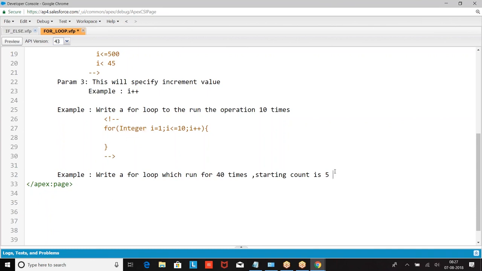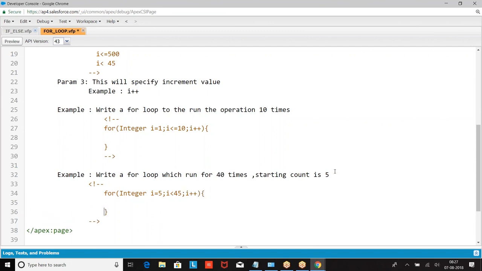Okay, thank you. So we are going to define here: for integer I equal to 5, I is less than 45, I plus plus.